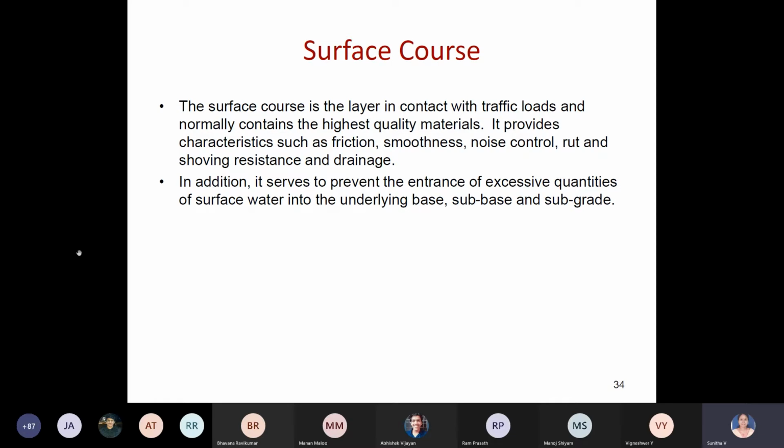and drainage. Rut and shoving are distresses that occur in pavement. Rut means depressions. You can see many depressions in the roads. If you see depressions over the wheel path alone, parallel to the center line, depressions occurring parallel to the center line or along the wheel path are called rutting. Throughout the wheel path, these depressions will be there. You can notice this defect on many roads. So depressions occurring along the wheel path